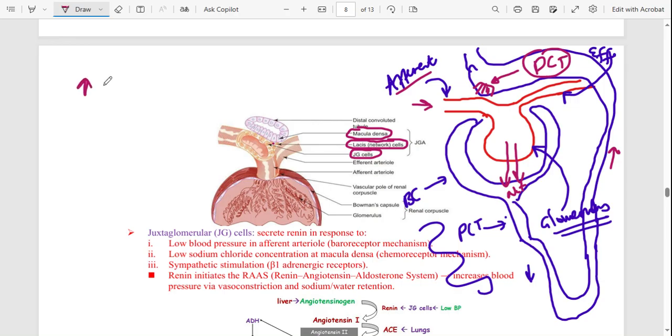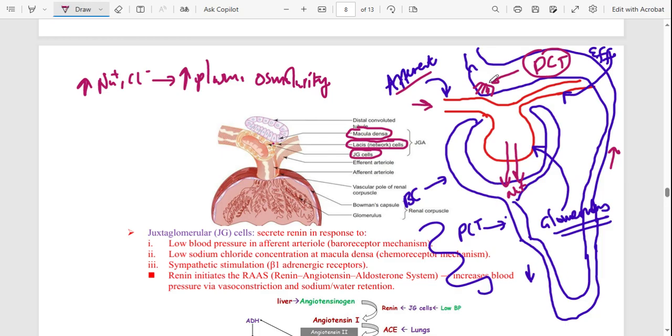So what is stimulating the macula densa cells? Number one is a high osmolarity, or high sodium and chloride levels. Because if you have a lot of salt, it means that the concentration is going to be high. So this corresponds to high plasma osmolarity, because the only way you can have a lot of sodium in urine is because you have a lot of sodium in blood. That's one stimulus. So when you have high plasma levels of sodium, it is going to stimulate